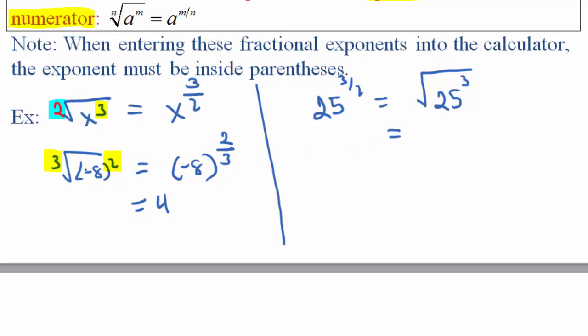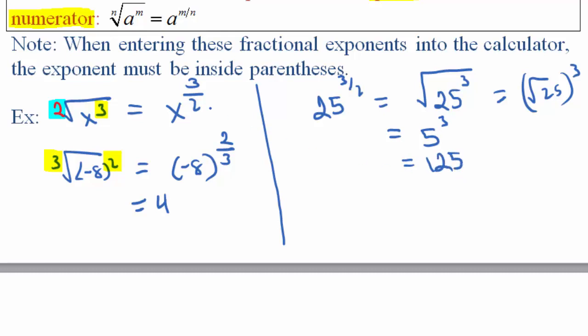Now, in the other one that I did, the cube root of negative 8 squared, it didn't really matter whether I squared or took the cube root first, because I was dealing with fairly small numbers. But here, if I cube 25, I have some huge number, and I'm not going to know what the square root is. So in this case, it's actually easier to do the root first. So if I do the root first, the square root of 25, I'm really looking at this like it's the square root of 25 and then cubing it, right? So if I take the square root of 25, I end up with 5, and then I cube 5, and I get